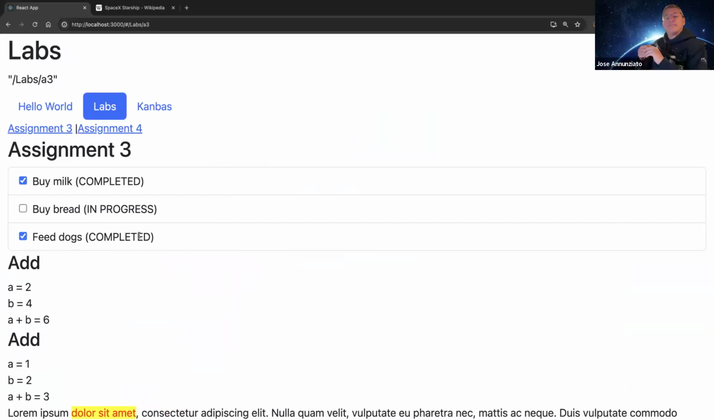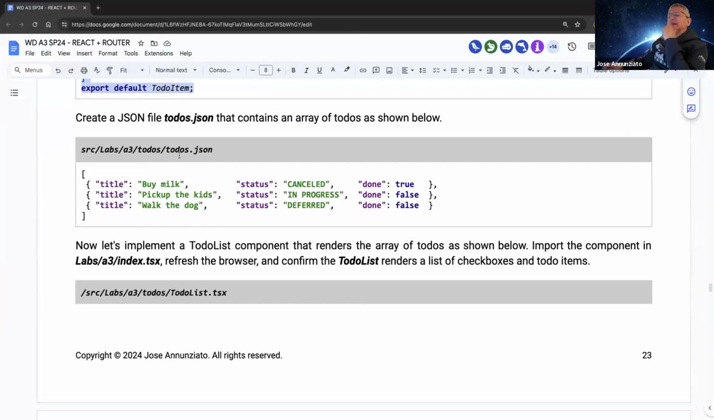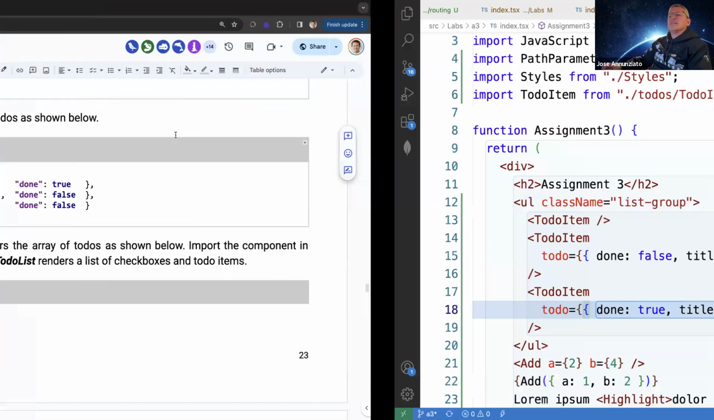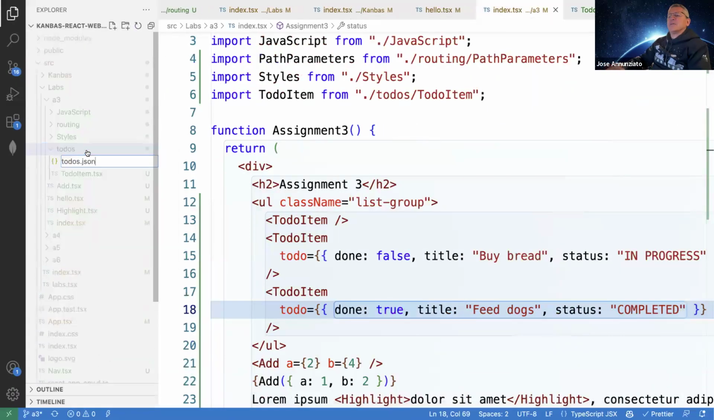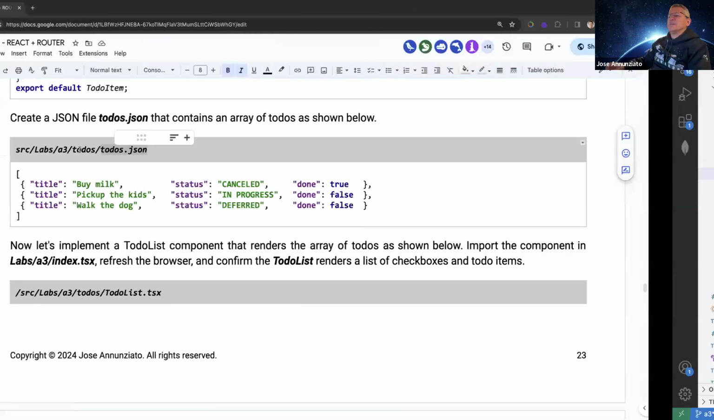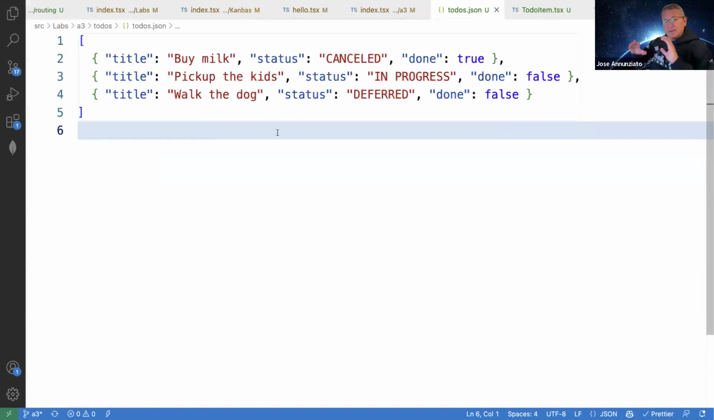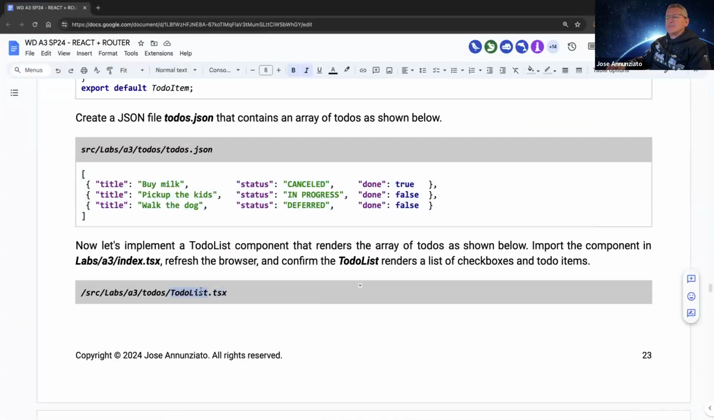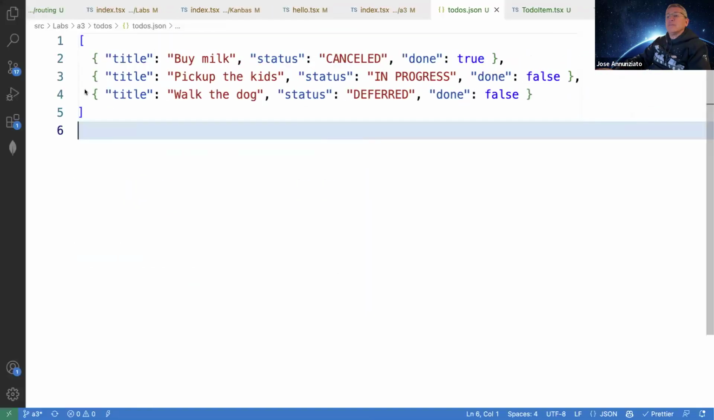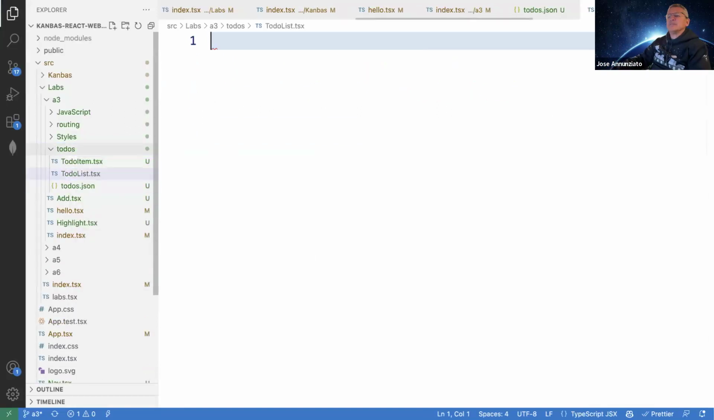Or even better, I could have an array of these things, right? So let's do that. Let's have a JSON array that contains several to-dos. So here we'll create a file called to-do JSON, and we'll paste an array of objects, right? Of several to-dos, with title, status, and done. And then we'll create a component outside that will be able to iterate over these to-dos and render them all, right? So here they are, to-do list,